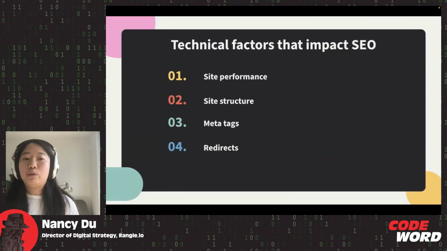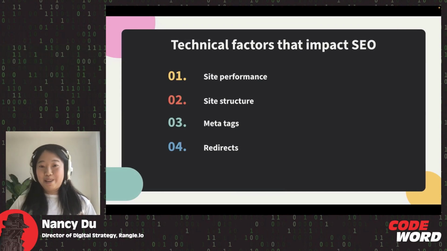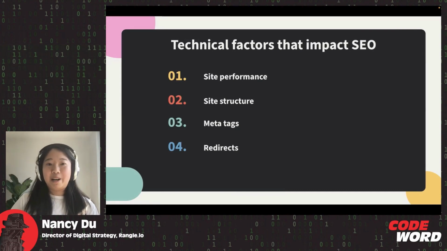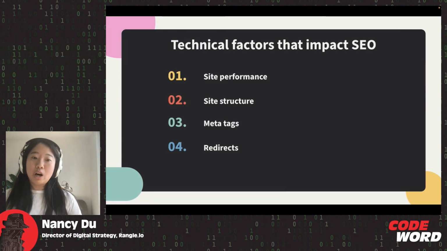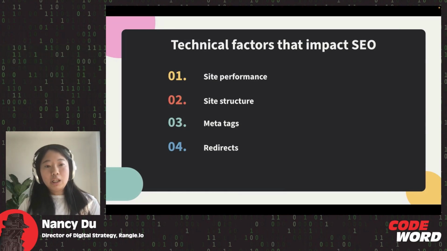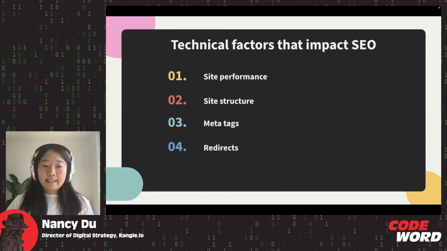So what are the actual factors that we're going to talk about that impact, at least from a technical perspective, your SEO? So that's 4 major things that we're going to break down. We'll go into each of them in detail, and you'll get some tips and tricks for each of them on things that you can do for your site. So the first one is your site performance. And then we're going to talk a little bit about site structure, your meta tags, and lastly, we're going to